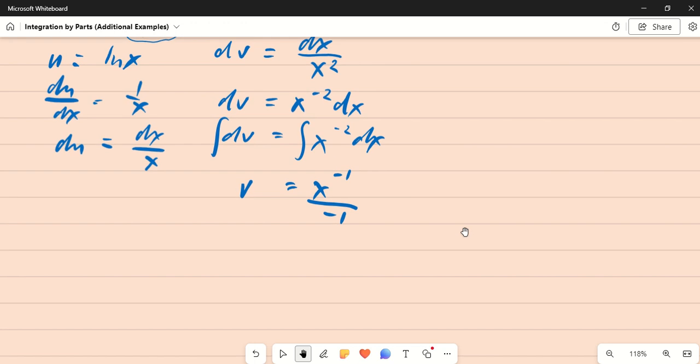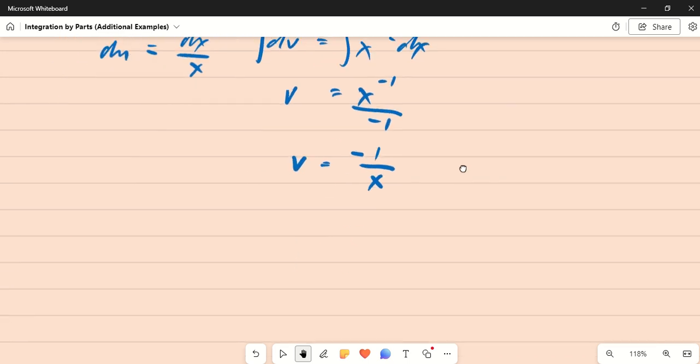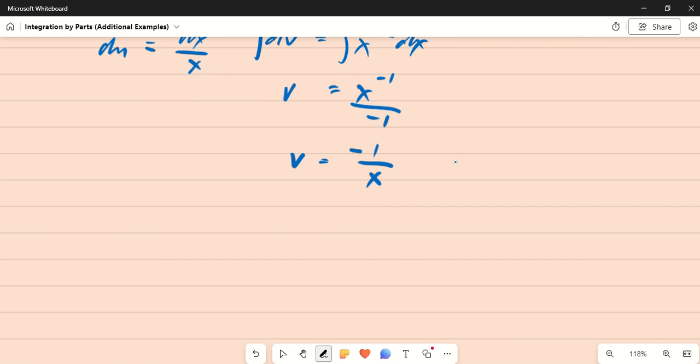Or simplifying it further, you write negative 1, and then in the denominator you have your x. So v now is negative 1 over x. Now, applying the integration by parts formula, the integral of u dv is equal to uv minus the integral of v du. We now have